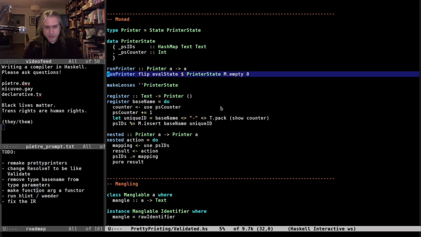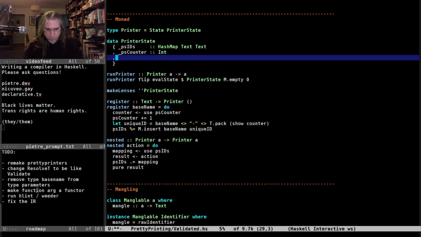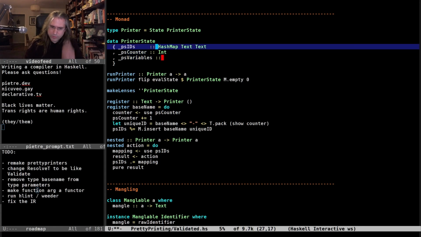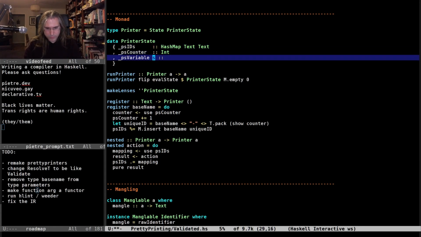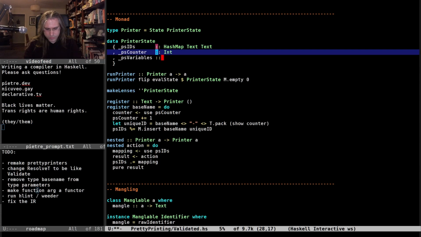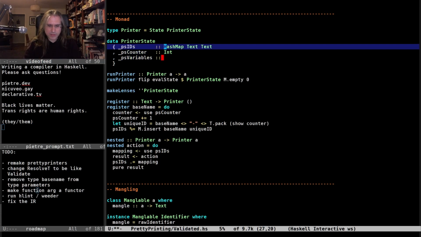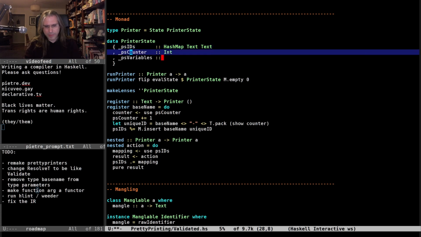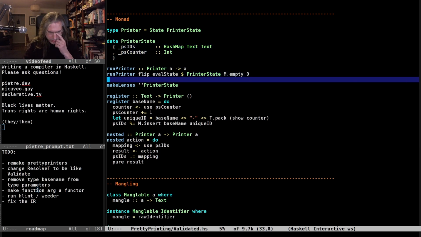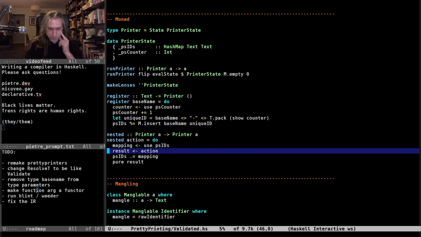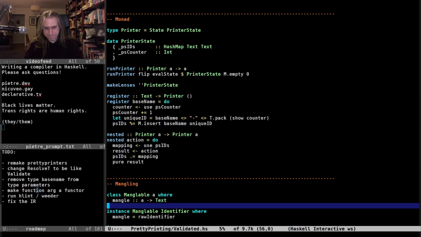I will need to keep the variables in scope. Well, I suppose that's the idea. I don't need to do anything like this, I already have it. Perfect.